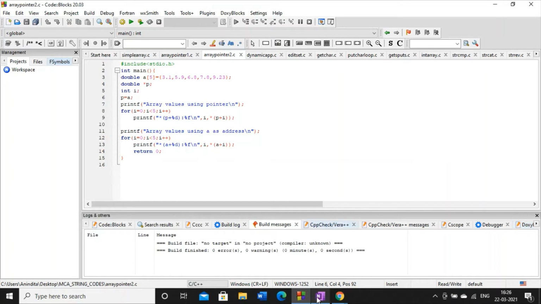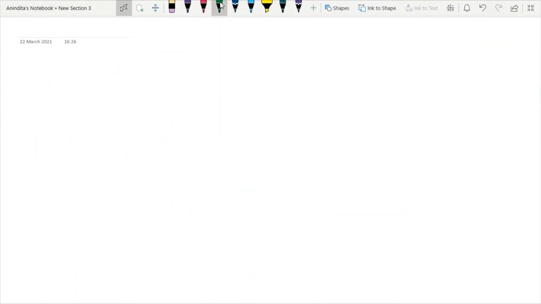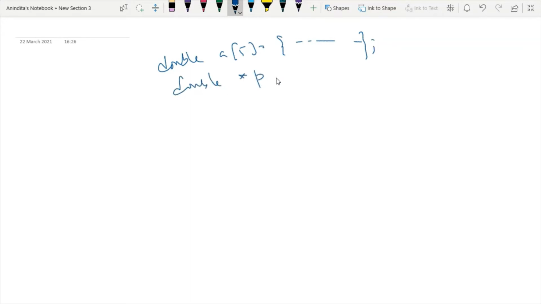Now mark this point. I have one array of type double, with some static values, and I have taken one pointer of type double. Fine. Why have I used this pointer? Because now I am going to assign the address of another variable into the pointer.